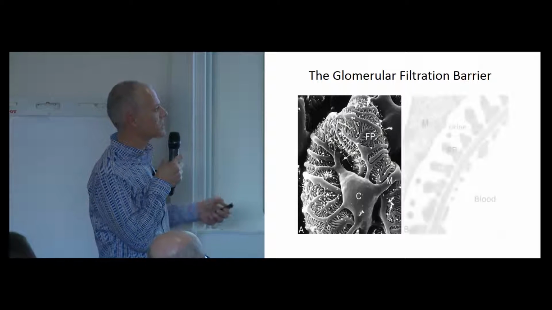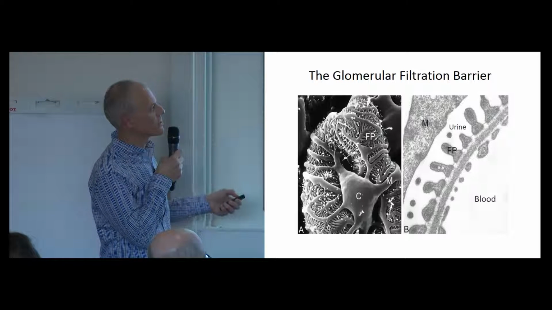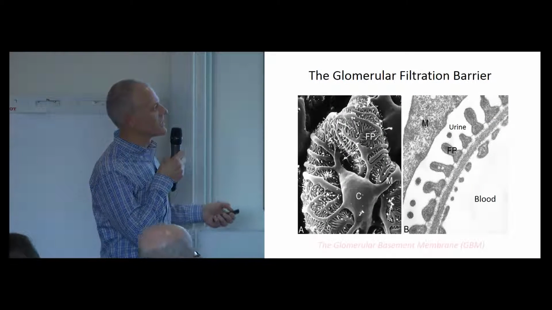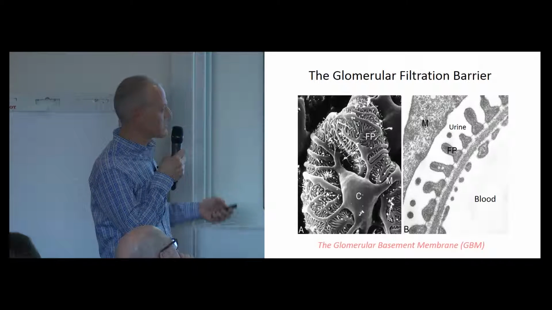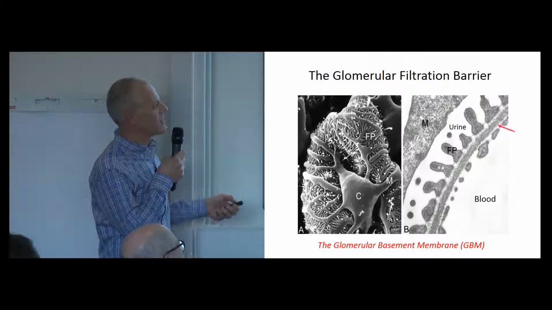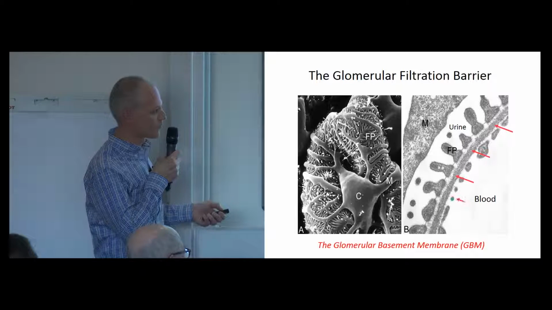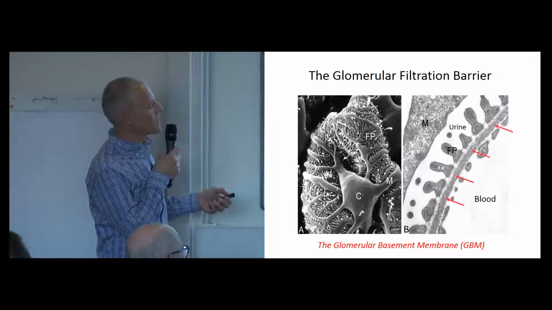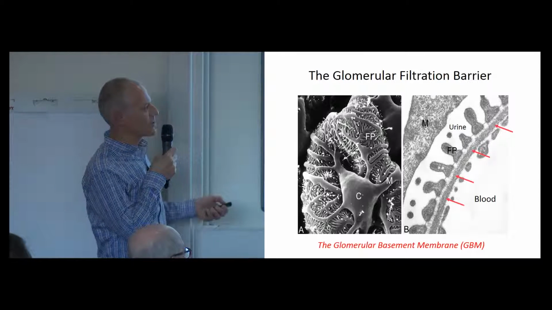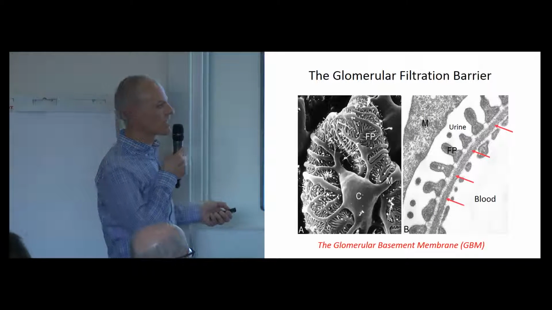If you look in cross-section through this capillary wall, you can now see these podocyte foot processes individually sitting on the glomerular basement membrane, which is that structure there, and then the fenestrated endothelial cell that lines the inner part of the capillaries. So this is the entire filtration barrier, basically, between the blood and the urinary space,